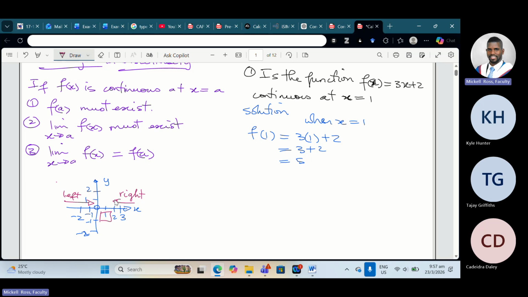So the left hand limit must equal the right hand limit. That's one of the things that we check for as well. Once we have proven that to be so, then we know that the function